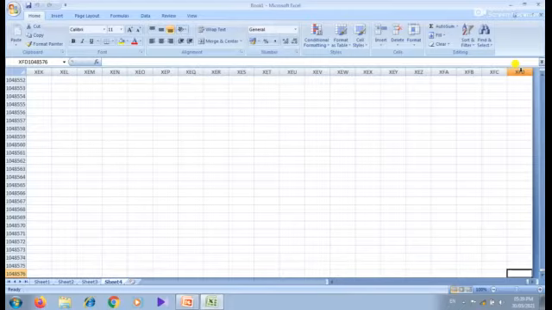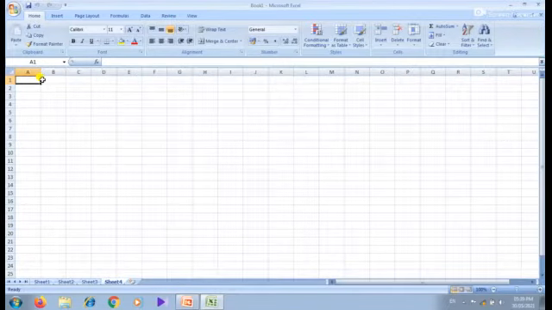Now you have understood the concept of cell. How can we reach the first cell in the worksheet? Just press Control plus Home key. Now this is the first cell. In each and every worksheet we can identify a cell with the help of its address. That means each and every cell has a unique name. It has its own name.